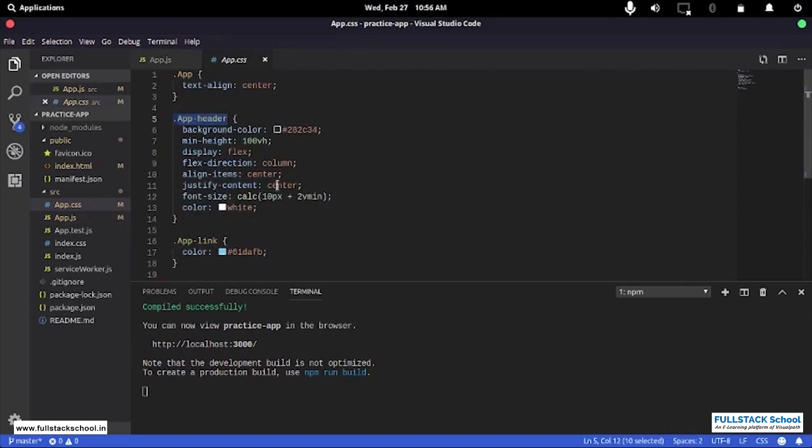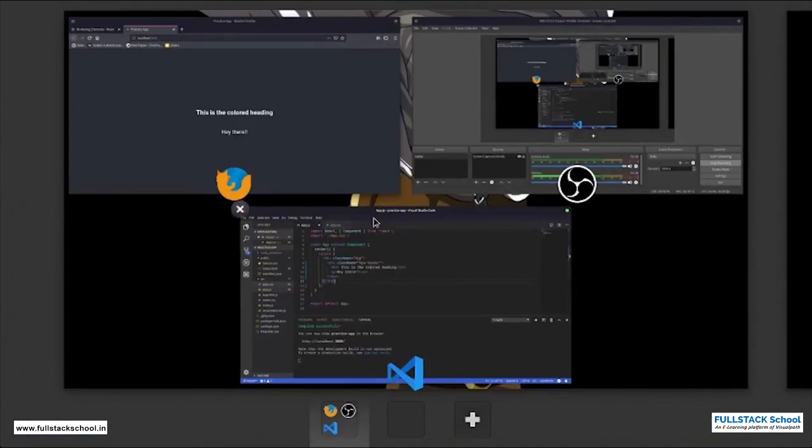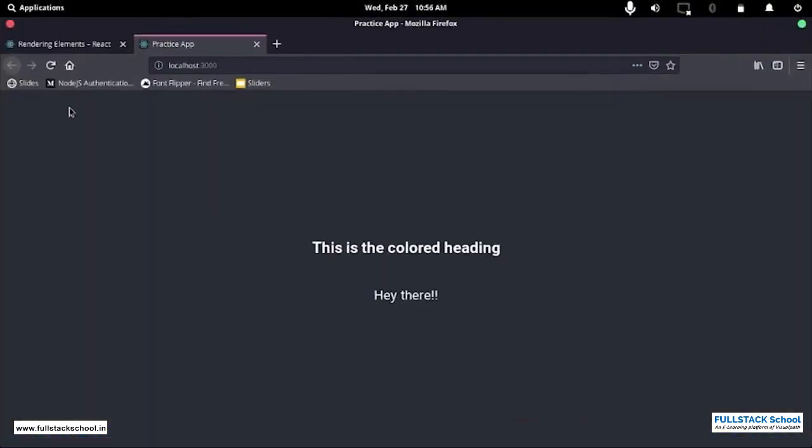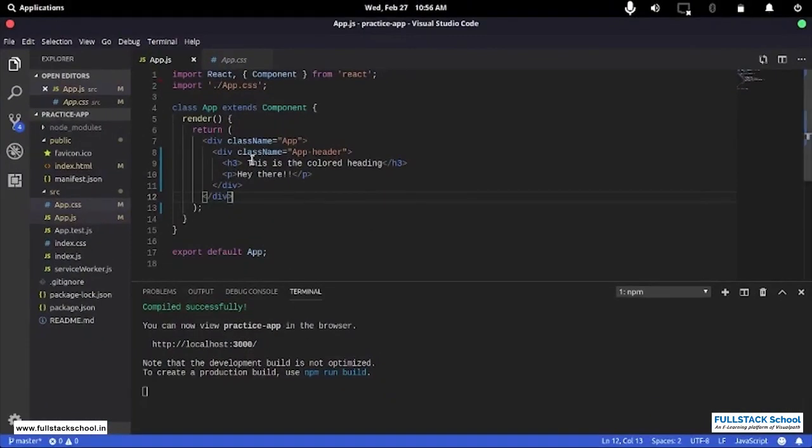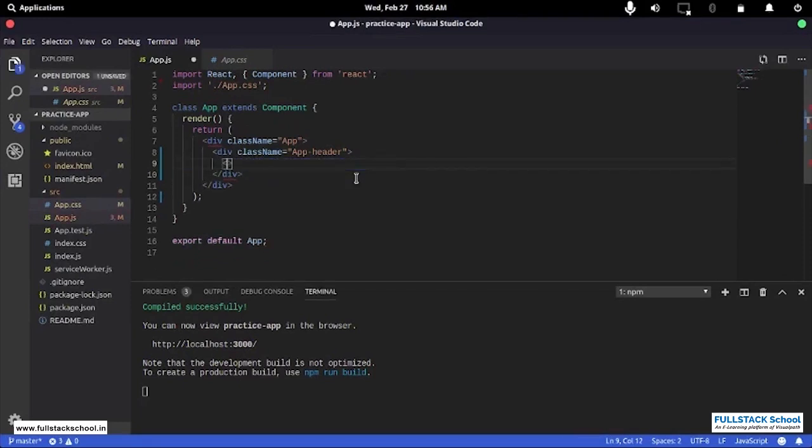Okay, simple styles here. I just wanted to use this because it has a minimum height of 100%. That means what I'm getting currently is this whole screen. Okay, so whatever is the screen size of my browser right now, I'm getting that whole thing. Why did I do that? Because I'm gonna do a little demo with you right now. So what I'm gonna do is delete this for a bit. Okay, then we are gonna create